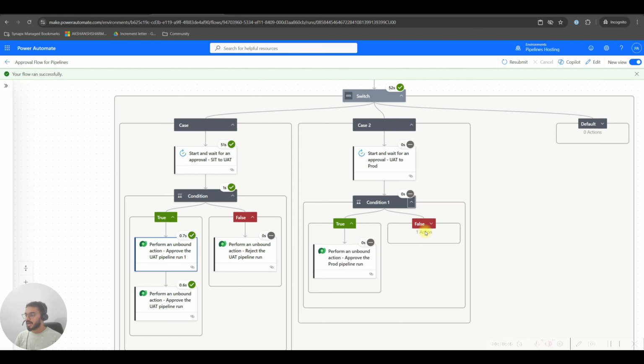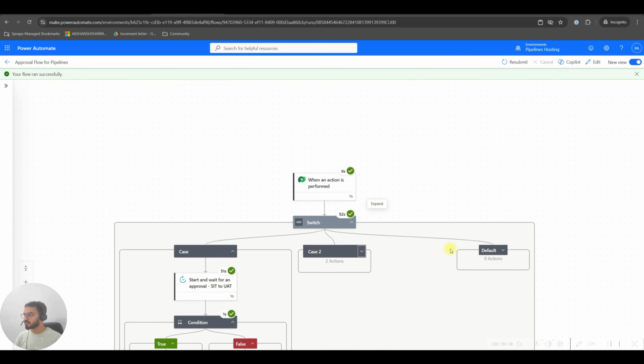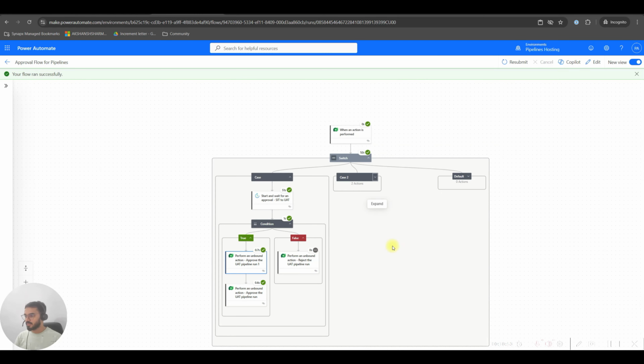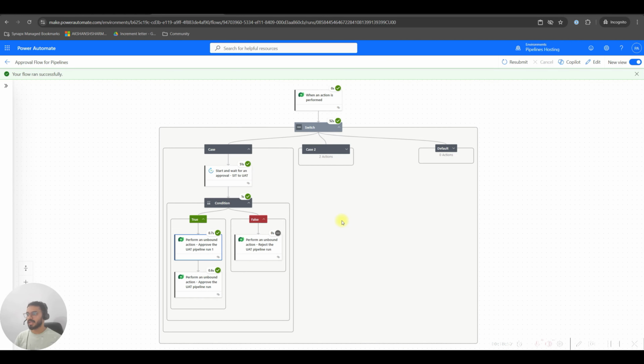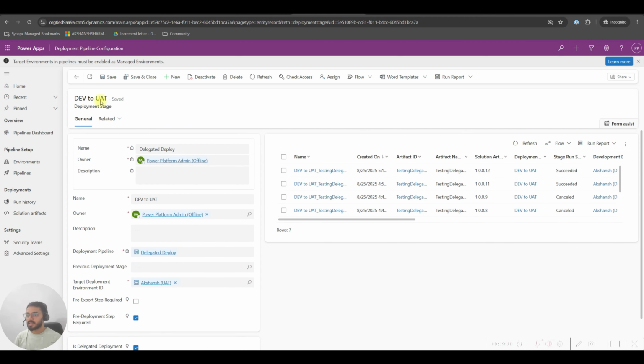Now I'll show you how and where the actual history is captured. And as I mentioned, I'll give you this whole flow template, so you don't have to build it from scratch and bang your head around the technicalities. You can just download it from my GitHub profile. I'll share the link in the description as well. So let's take a look at our